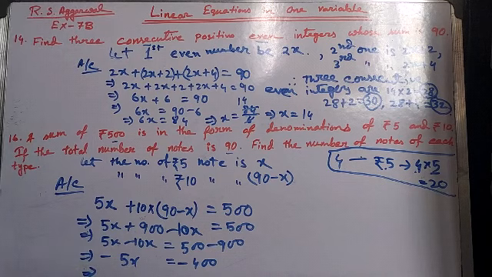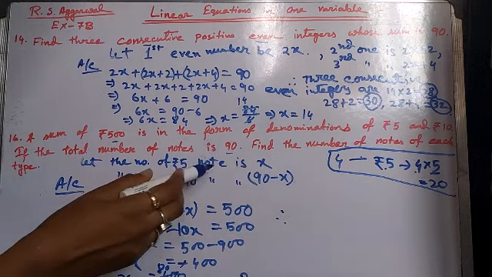So implies, the sign will be cut and x equals 400 divided by 5. That means x equals 80. 5 8s are 40 and this 0. So therefore,